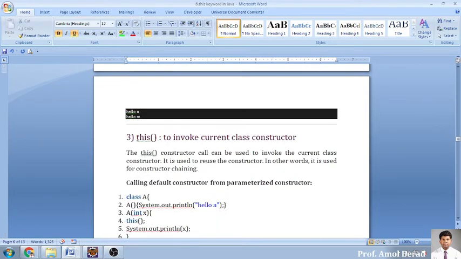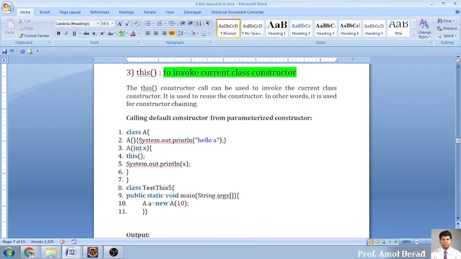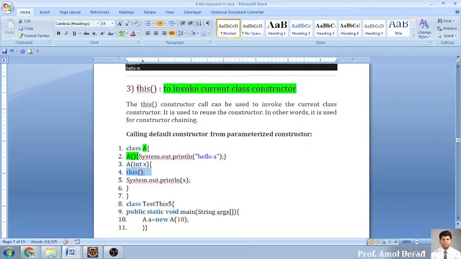Now the next type is invoking with a constructor. So you will be invoking the current class constructor. How to call the constructor? Very simple example, same example. I am creating a class called A. I have written something into this function, that is System.out.println, and I am saying hello a, and I am again writing one constructor with parameter x. And into this I have used the this function. Now this is a function, this is a function. So I am using this function, and I am highlighting it with another color so that it will be visible for you.